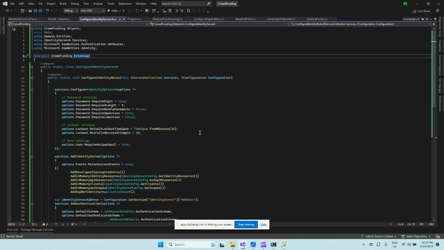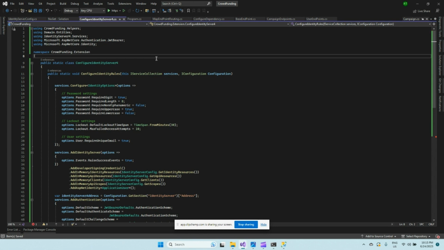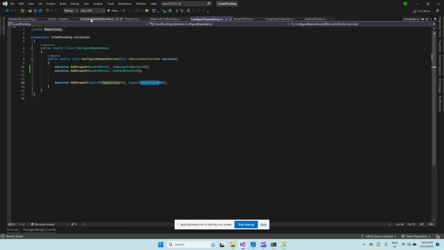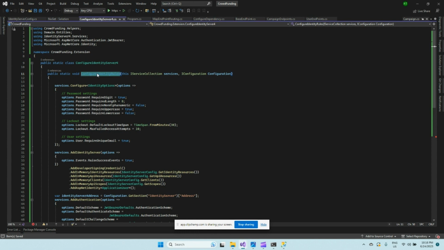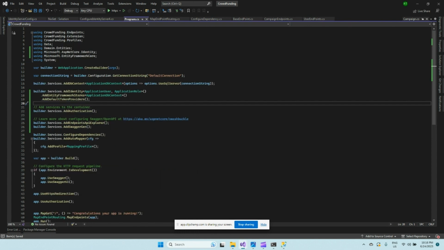Okay, now that we have added this, we need to include this in our program.cs. Call this method in program.cs. This Identity Server 4, we need to call this method from the program.cs file. So let's go to program.cs, and in program.cs we're going to add